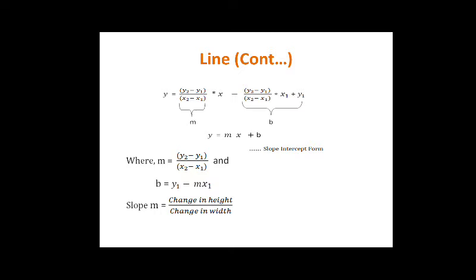And what is the term b? b is nothing but y1. This y1 I have written first because of this minus sign. So y1 minus m, already written here, into x1, right? So this is what b is. So m is called the slope, b is called the intercept. Okay, so the intercept b is nothing but the height at which the line crosses the y axis. So here I am representing that slope and intercept concept.